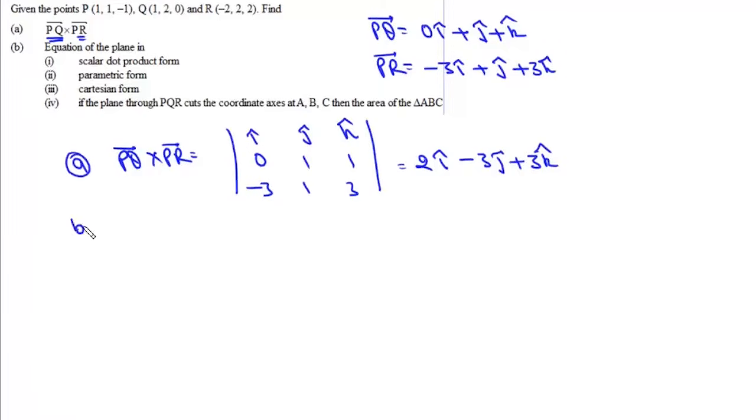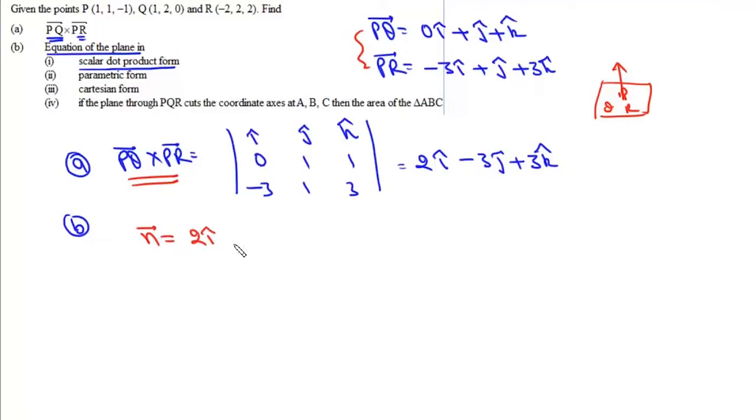Now we'll come to part B. It says find the equation of the plane in scalar dot product form. Since this plane passes through P, Q and R, its normal will be perpendicular to the plane and given by the cross product of PQ and PR. So this is our n, and we can write the direction ratios of the normal as 2i minus 3j